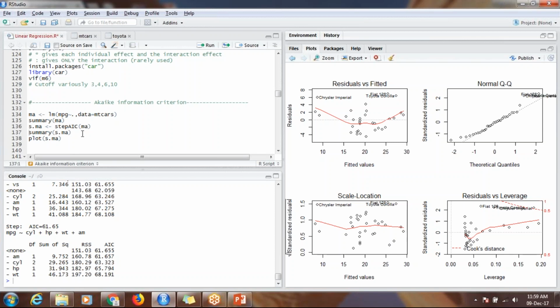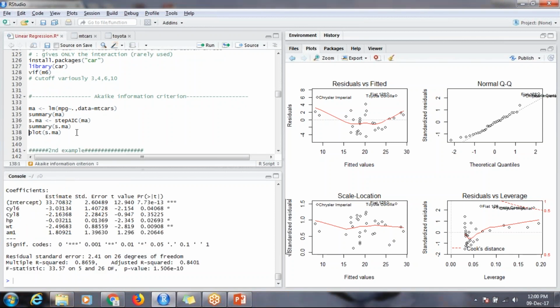So now let us check the summary of the final model that I have got. Even here, cylinder 6 is making a good contribution because I've converted them into a factor. So if my cylinder is 6, it is making a good contribution, but cylinder 8 is not. And AM is already 0 and 1, so no need for that. It is already converted into a factor. But anyway,